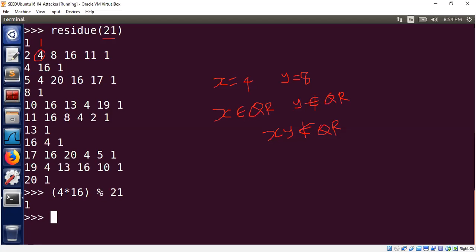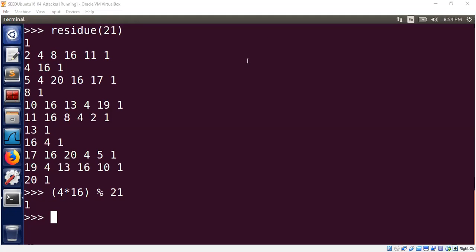This is not, of course, the way to prove such things, but you can confirm for yourself that this is the case. So the important properties we learned are as follows. If you take a quadratic residue and multiply it by a non-quadratic residue, the answer is a non-quadratic residue. If your numbers x and y are both quadratic residues, the product is a quadratic residue. That's basically what I wanted to talk to you about today.